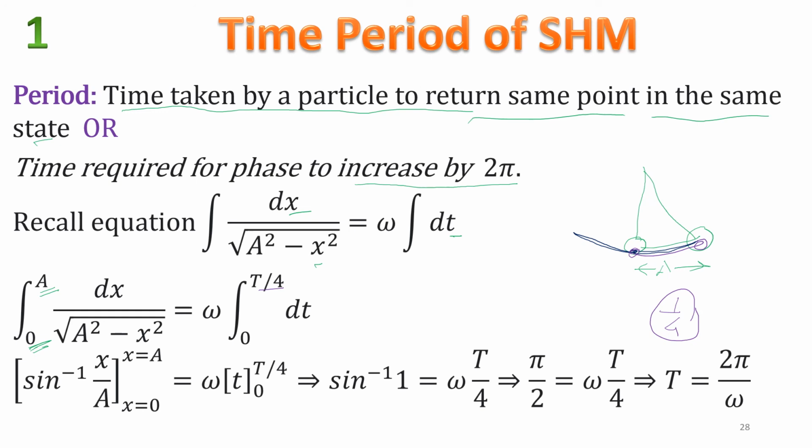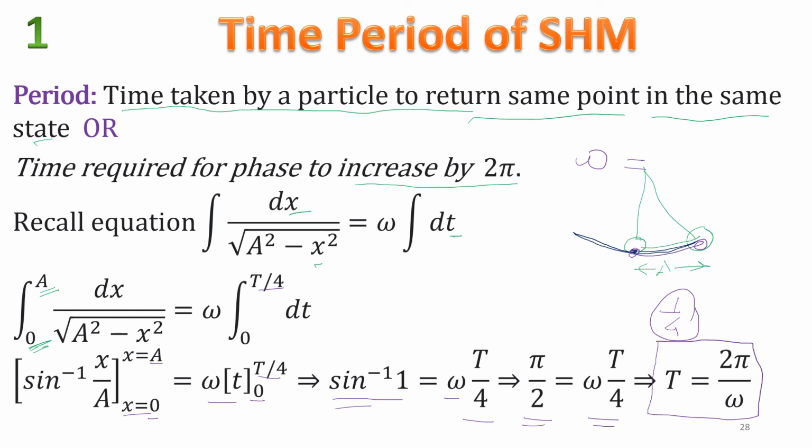If we substitute the limits, sine inverse of x upon a is the integration. Upper limit is capital A, lower limit is 0. Omega times t, upper limit is T by 4, lower limit is 0. So sine inverse of 1 is equal to omega into T by 4. Sine inverse of 1 is pi by 2, that is equal to omega into capital T by 4. So T is equal to 2 pi upon omega, where omega is some constant we have started